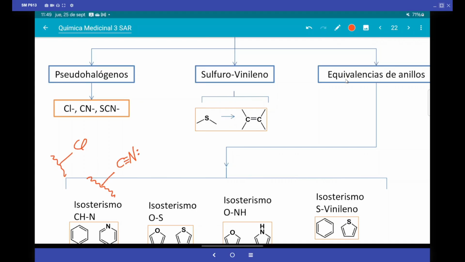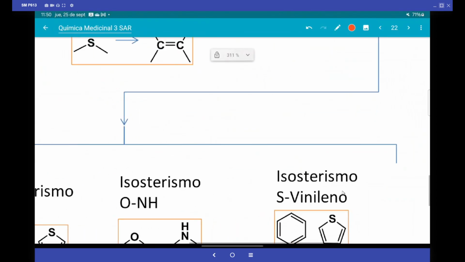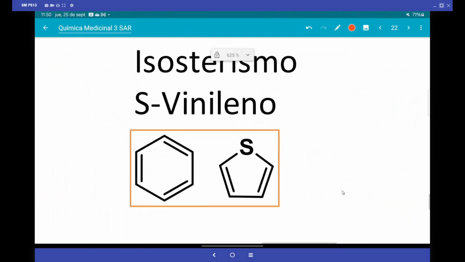On the other hand, as the sulfur is large, it has been seen that there is an isostere of sulfur, and this one is rare, so these are the examples that you have to remember. A sulfur can be replaced by a double bond. That is, an atom can be replaced by two carbon atoms with the double bond. That would explain, for example, this down here to the right. It says isosteres. In fact, the sulfur is, or rather the complete thiophene that is here. This thiophene is